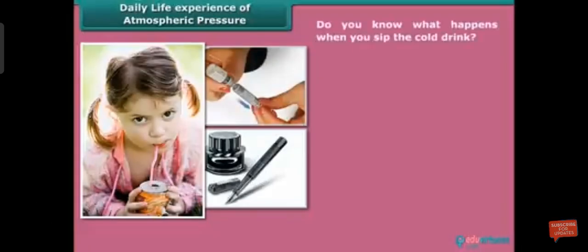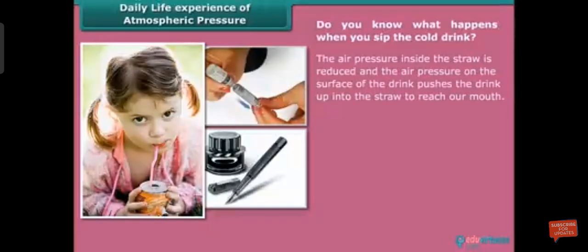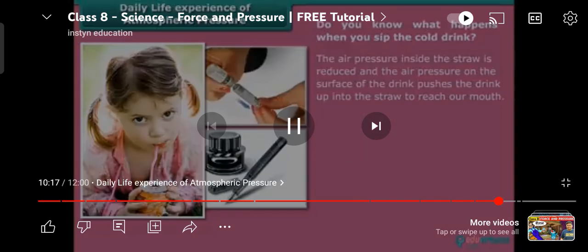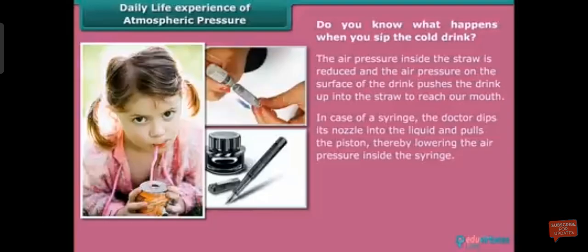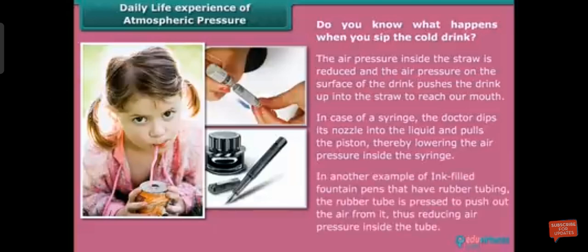Do you know what happens when you sip the cold drink? The air pressure inside the straw is reduced, and the air pressure on the surface of the drink pushes the drink up into the straw to reach our mouth. In case of a syringe, the doctor dips its nozzle into the liquid and pulls the piston, thereby lowering the air pressure inside the syringe. Another example, of ink